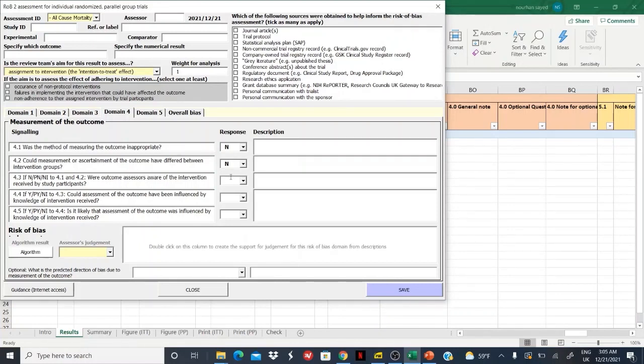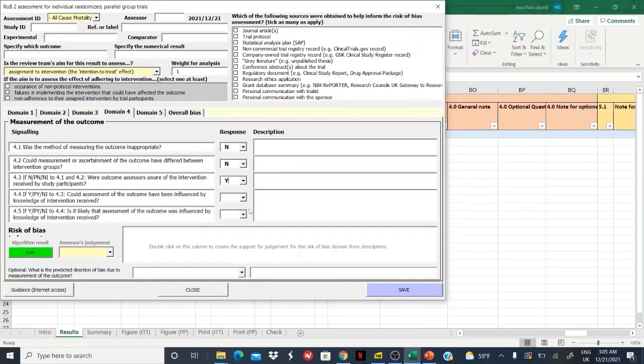Now the next domain asks us whether the assessor of the outcome was aware of the interventions received. In our case, that's a no, and so the rest of the questions get wiped out, and it's a low risk of bias assessment. However, if the answer was that the outcome assessors were aware, that is to say that you typed in